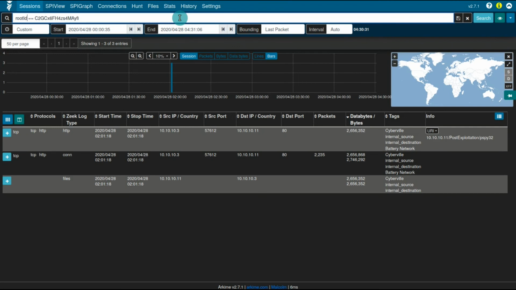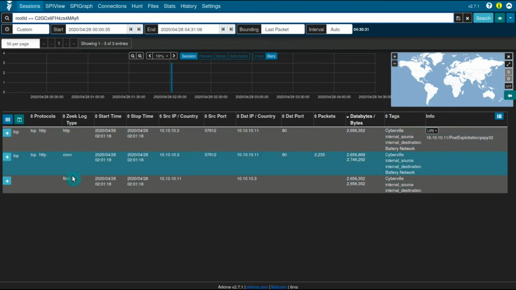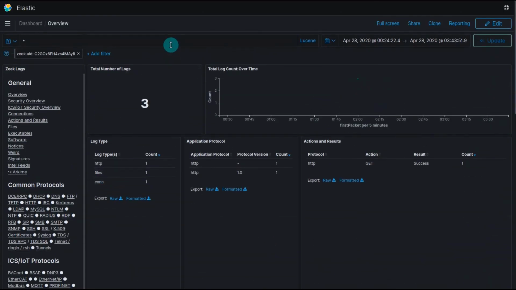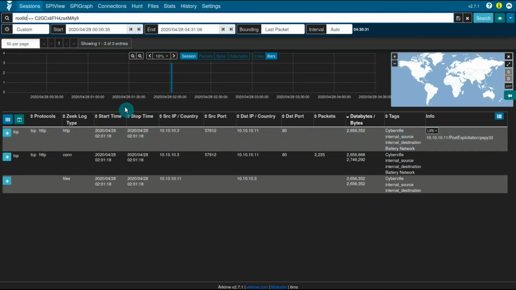So we've already narrowed down to those three records that we were interested in, right? I mean, you could compare the two. Here in Arkime, we have HTTP, con, and files.log. And in Kibana, we also have HTTP, files, and con.log. But we want to have more than just that. We want to have the information about the Arkime session as well, so that we can see the whole kit and caboodle all together. And what we're going to do is use this connection ID field,